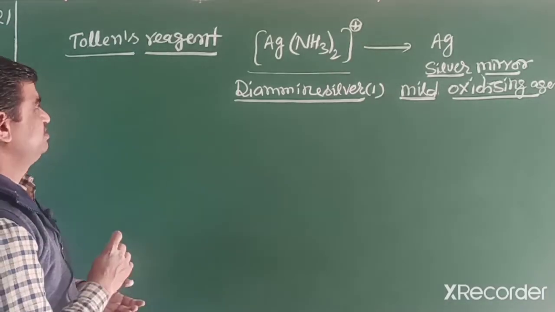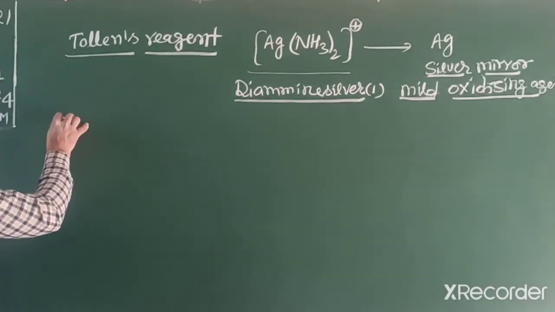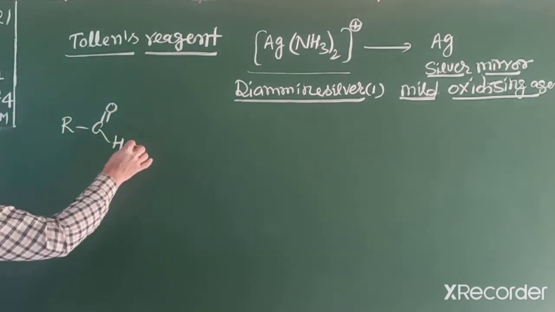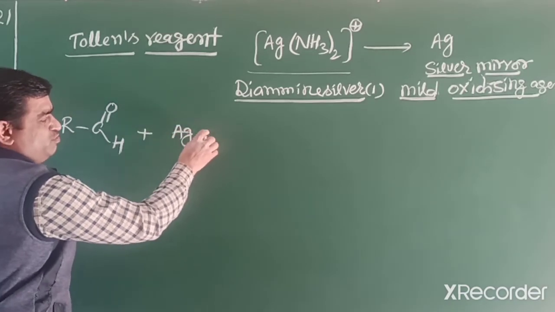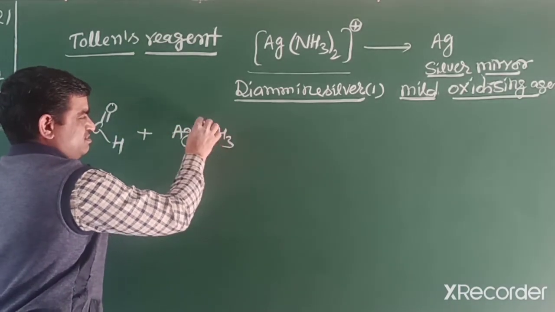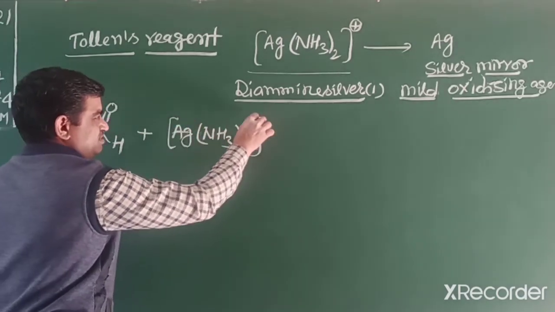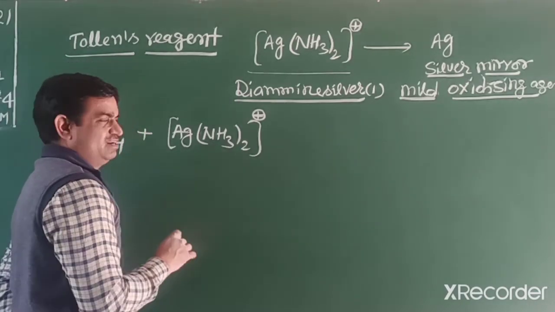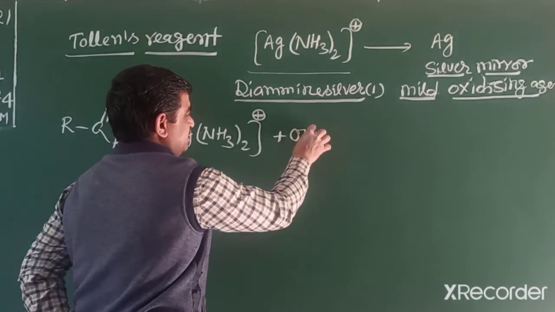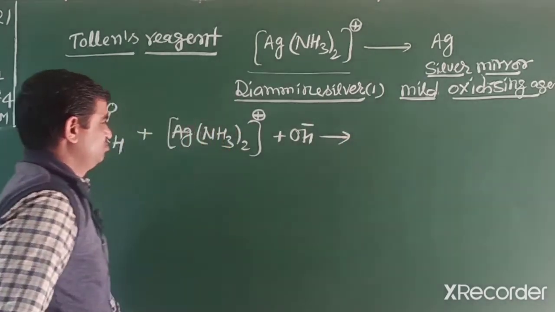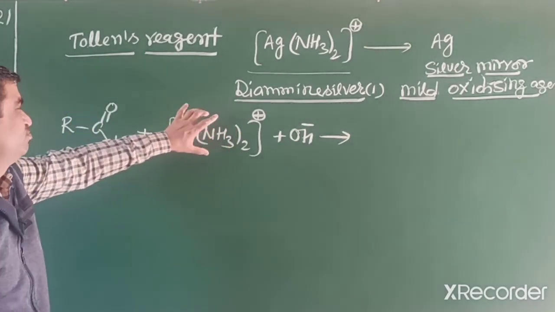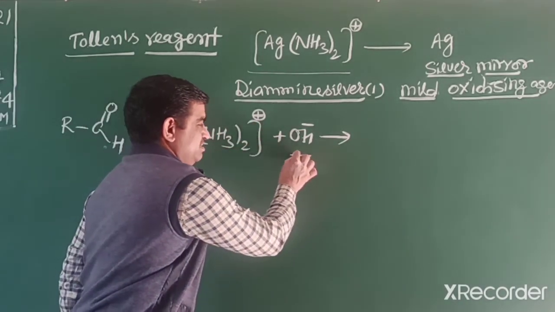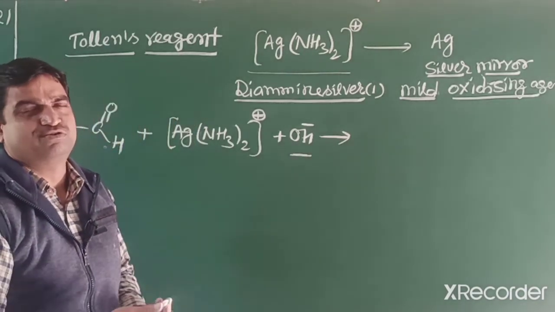So how can we write its reaction? First we take an aldehyde. Only aldehyde reacts with this reagent, ammoniacal silver nitrate, written in this way. It is in alkaline medium; ammoniacal means ammonia, an alkaline medium. So this reaction occurs in alkaline medium and it acts as an oxidizing agent. It oxidizes aldehyde into the corresponding carboxylic acid, but the medium is alkaline, so we get a carboxylic acid salt.